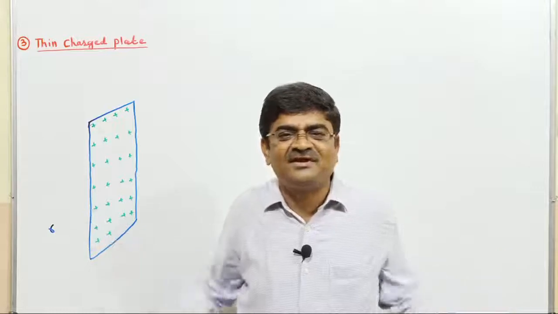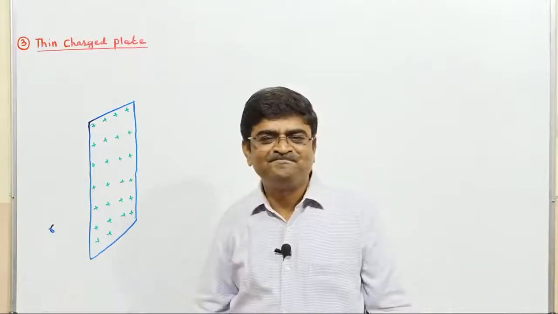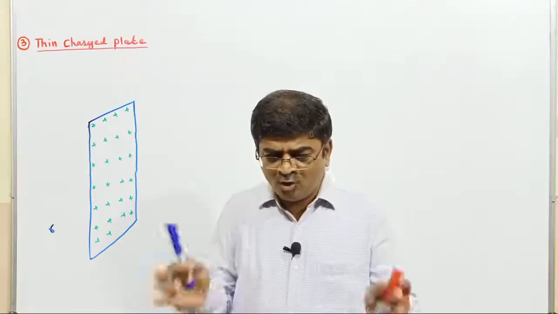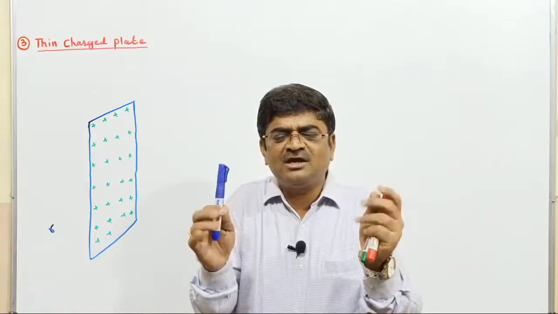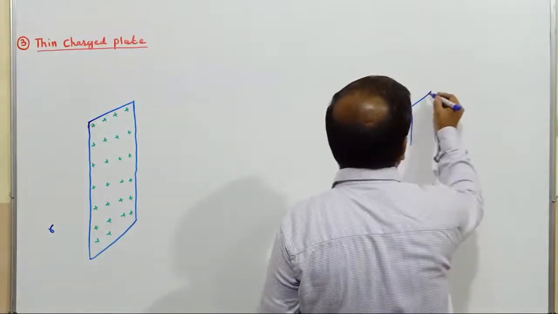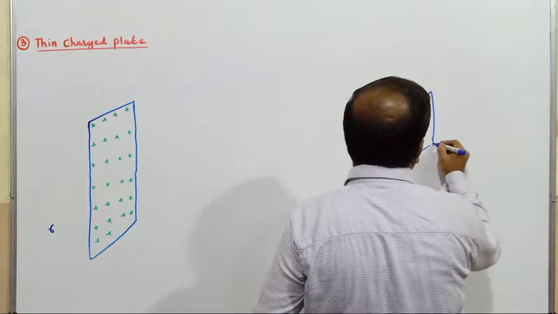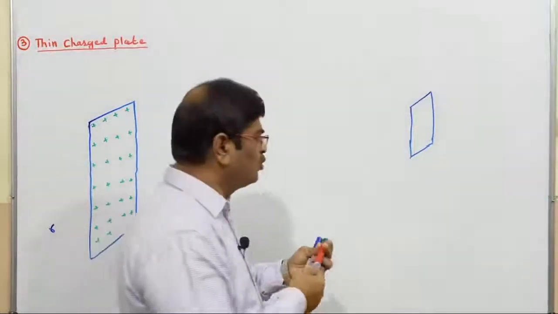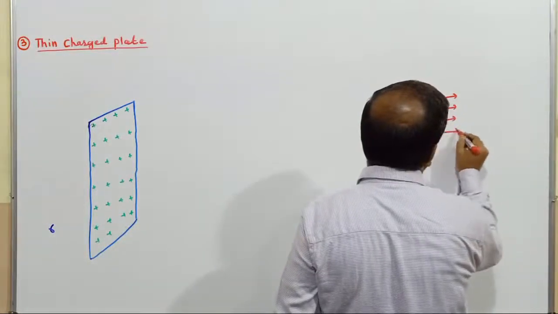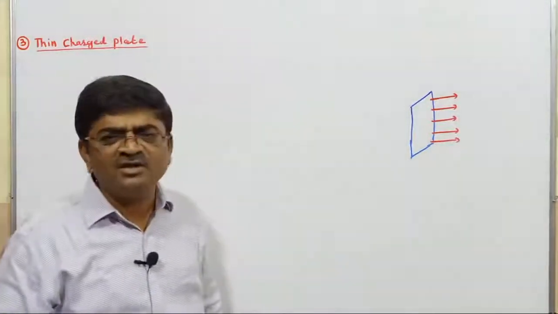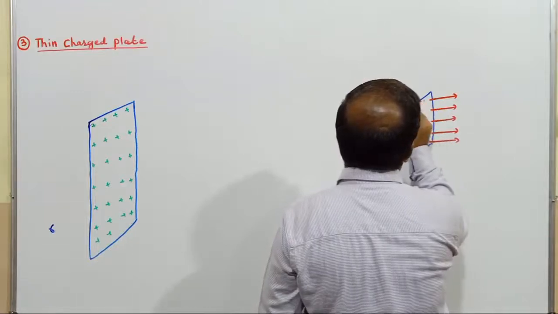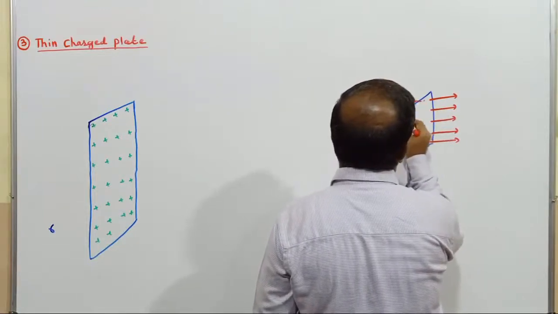Now, due to this thin charged plane sheet, I would like to calculate electric intensity at any point in its surroundings. If I ask you to visualize the electric field associated with this sheet, close to the sheet I mean, what are you going to see? It is a thin charged sheet, and it is positively charged. So I would see force lines getting originated from this sheet perpendicularly. To the other side also I would see force lines getting originated perpendicularly.